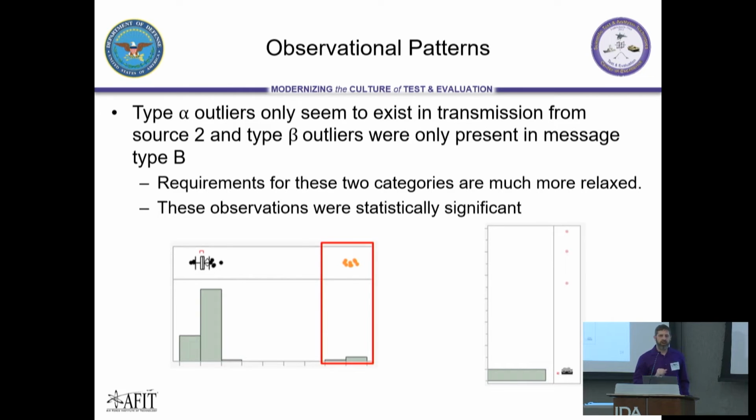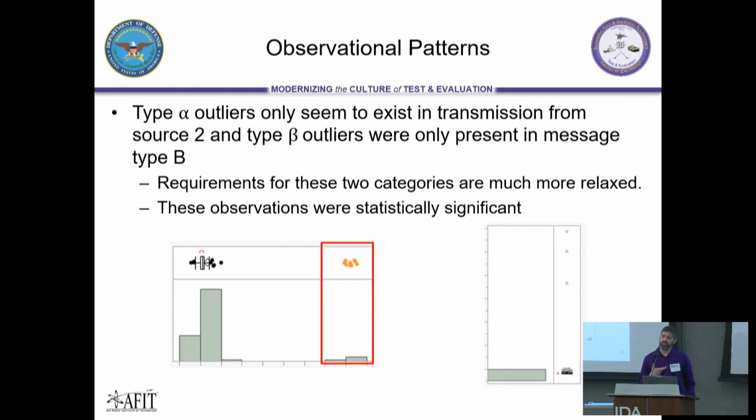Now, there were some observational patterns. We can't attribute causal effects without randomization, but it was statistically significant in correlation that the type alpha outliers only existed from transmission source 2, and the type beta outliers were only present in message type B. So type A messages from source 1 that had some of the strictest requirements were